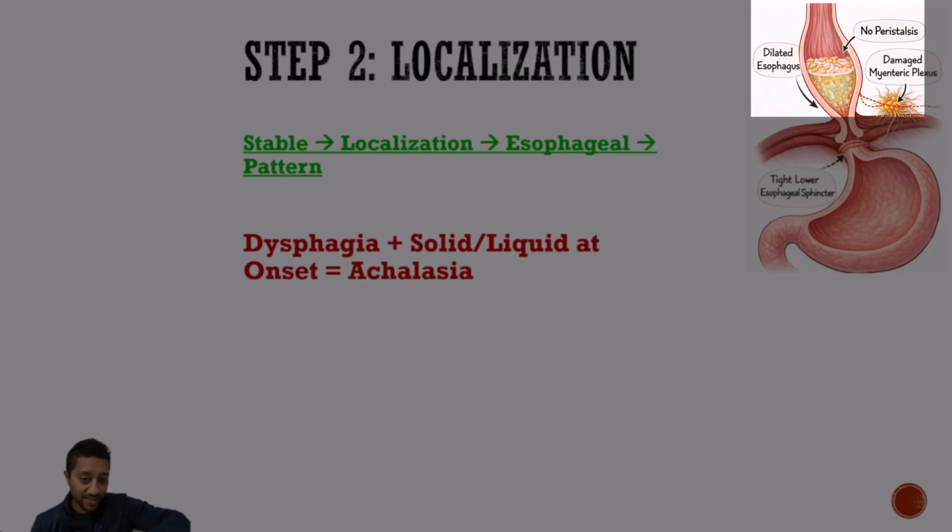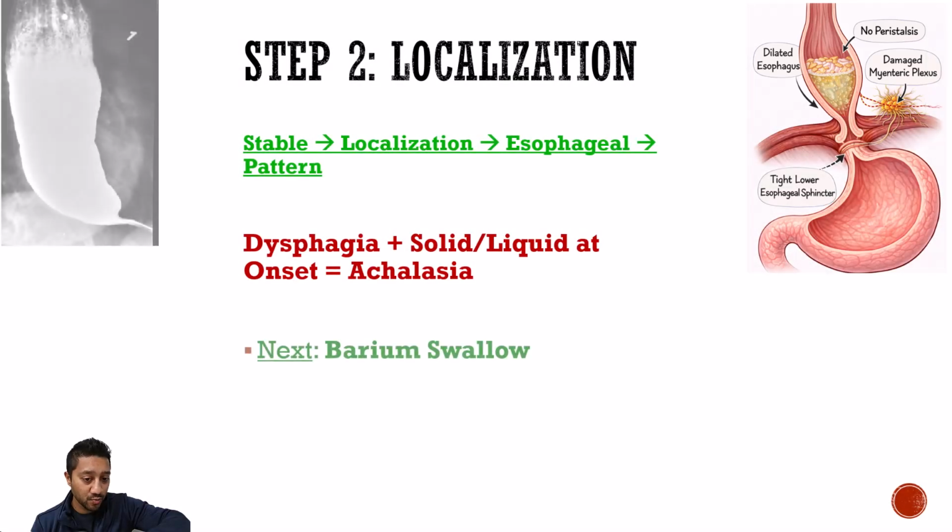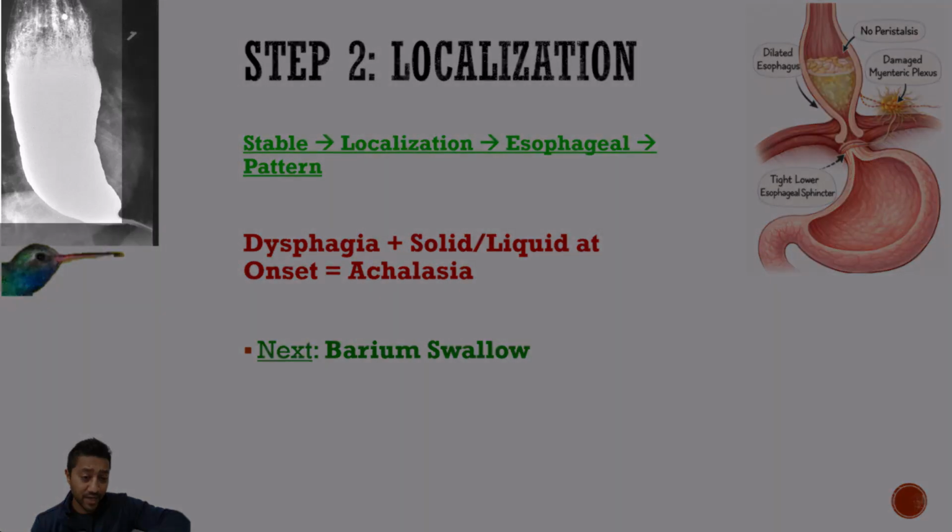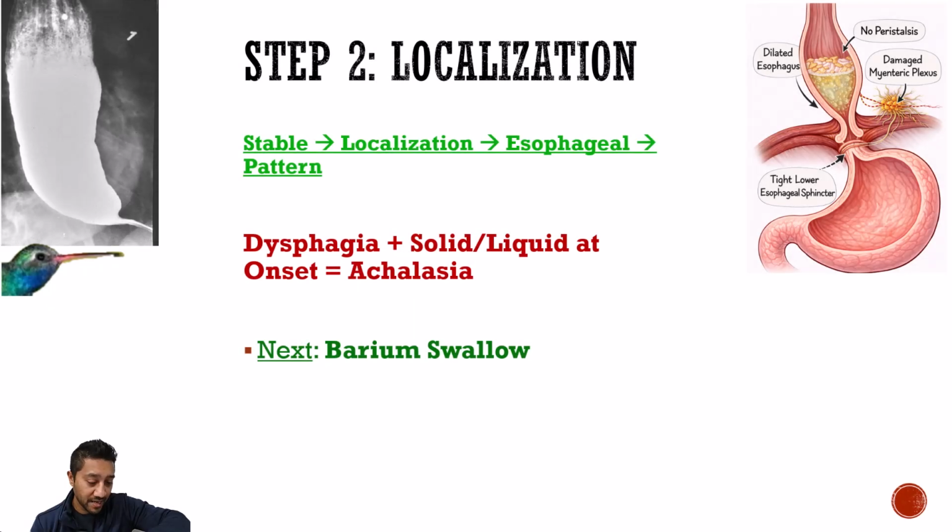In these situations, the next step will be a barium swallow, which will show suspicions for that motility disorder like achalasia. If you see that iconic bird beak pattern where the dilated esophageal body is meant to resemble the head of the bird and the tightened lower esophageal sphincter is meant to resemble the beak of the bird, then the next step is to confirm the diagnosis by performing an esophageal manometry. On manometry, you should see that hallmark high pressure at the lower esophageal sphincter and the lack of peristalsis at